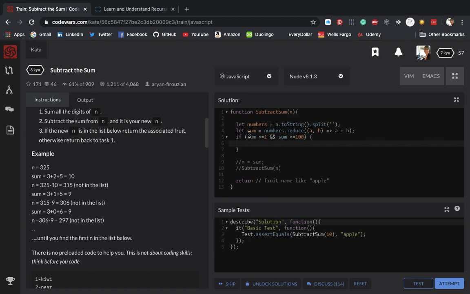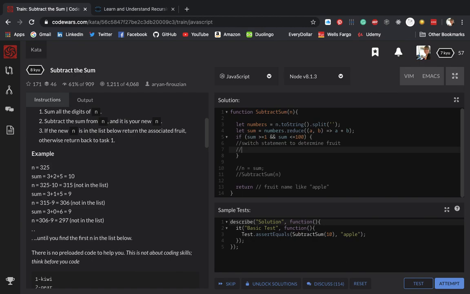So this is what's going to happen, and this is going to be basically my switch. This is where my switch statement is going to be. There might be a better way to do this, like creating an object or array or something, because I would hate to do this 100 times, but that's the way they have it set up. So a switch statement to determine root, and then in that switch statement, if the condition's met, you're going to return. I think I need a variable to return here, return fruit, and I'm going to initiate that, let fruit,